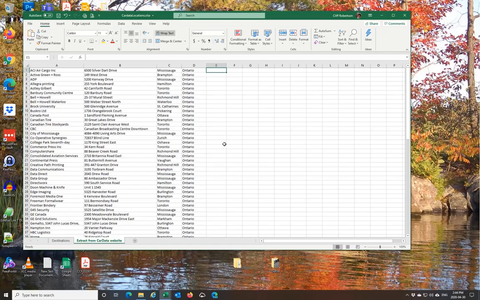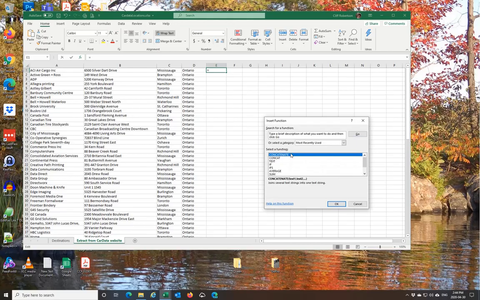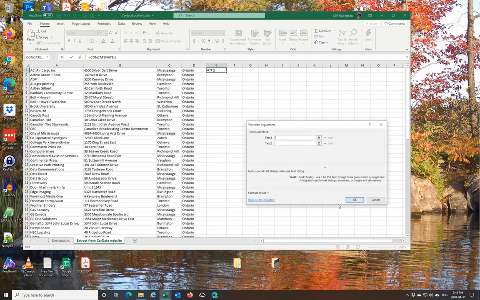So here what I've done is I've gone out to CarData and I've told it to give me a list of all my destinations. And here I've been able to get the location name, address, city, and province. So I've got a list of destinations. That's not really useful to me. I need a single string of text. So I'm going to use a formula called concatenate. What that does is allow me to take that plus that plus that plus that and stick it into there. So I'm going to use that cell,